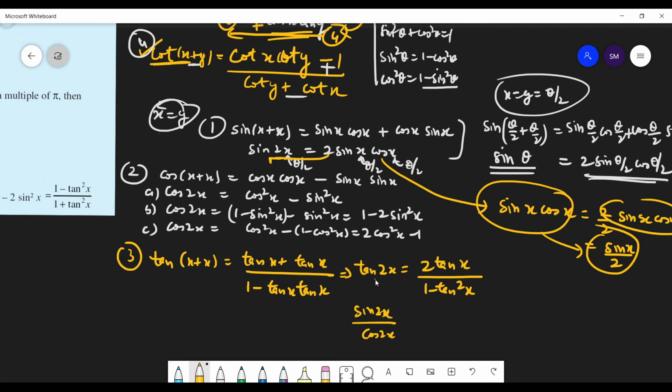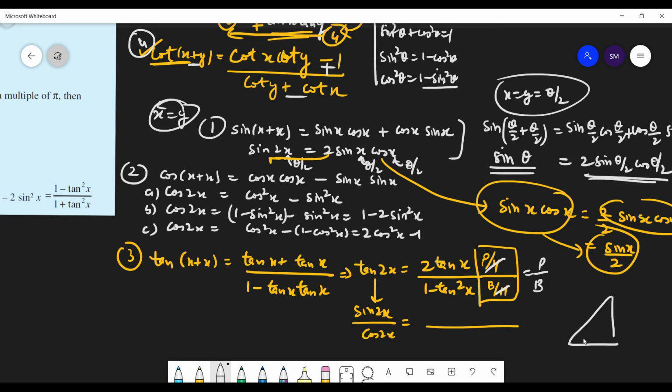We can write this tan x as this. I'm not going into the derivation, but I am telling you that this is perpendicular upon hypotenuse. Yes. And what is cos? Base upon hypotenuse. Agreed or not? Yes, sir. So hypotenuse gets cancelled out, and you get the formula as perpendicular upon base for the tan. Is this clear? So when you draw this, you can consider this as base.